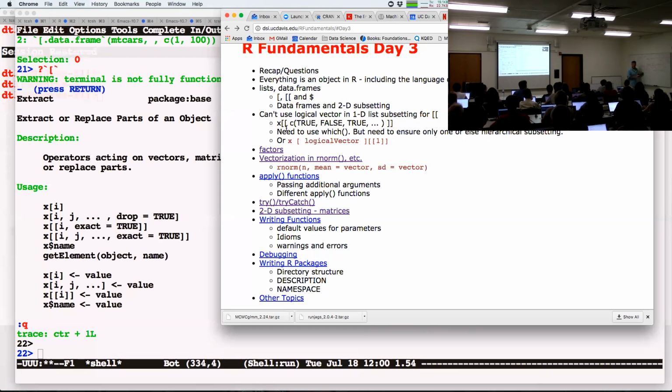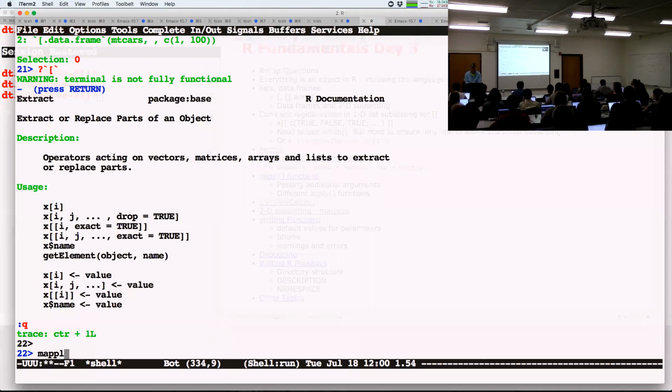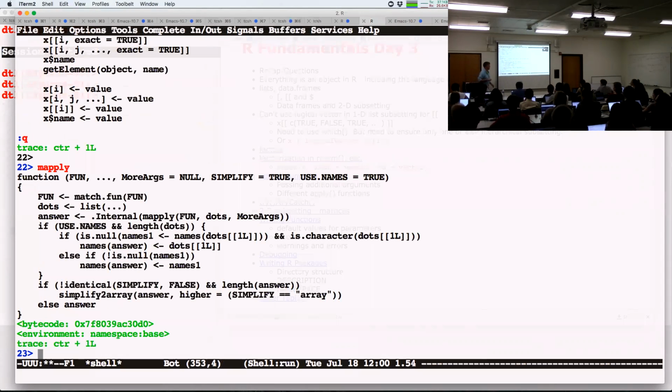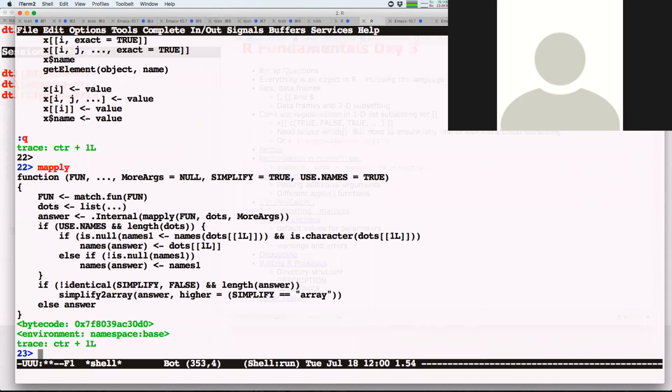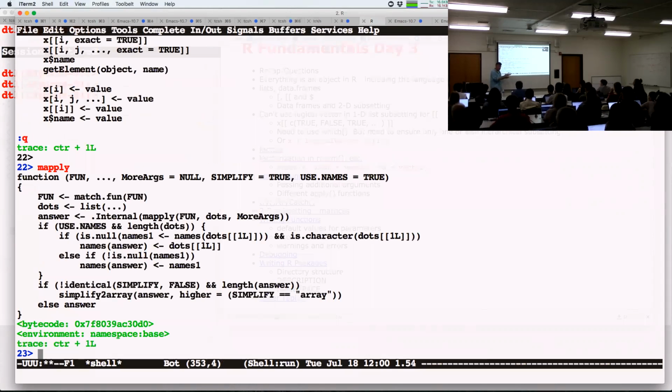Okay, so how do I pass down the extra arguments that don't change in each call, like the na.rm equals true? Can I just type that? Fun, X, Y, na.rm equals true. Let me just show you the mapply function so you're happy. There's a hint here, more args. And the reason is if you type na.rm equals true here, it'll go into dot, dot, dot as an extra argument, won't it? It won't go down to each call as na.rm equals true.